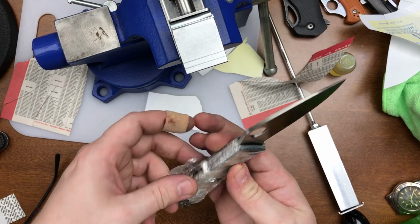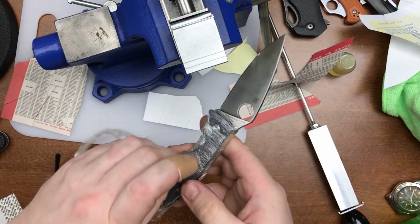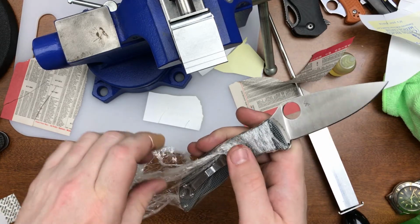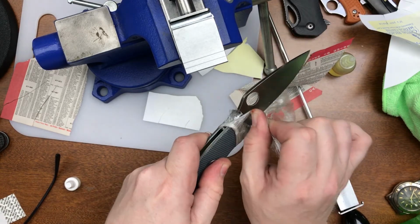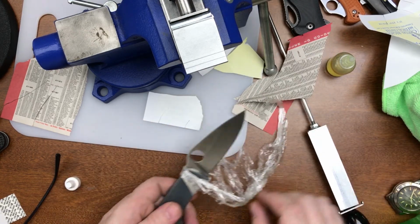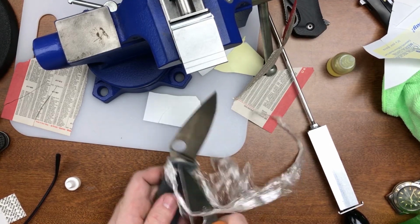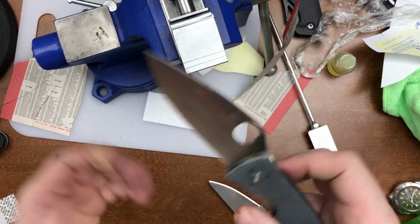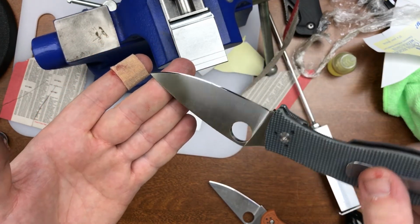Get this thing unwrapped, and then very soon, very, very soon, Nick, I am working on these, getting them reviewed and getting them back to you. I just got this slam of knives all of a sudden, and I wanted to get yours sharpened so that you wouldn't have dull knives when you got them back. And that's one of the things here, guys. If you send knives in and you're willing to let me sharpen them, I will, if it's something I'm interested in looking at, something I can get a review done on. I'll sharpen them up. They'll look like Nick's does here. I'll try not to cut myself next time, but